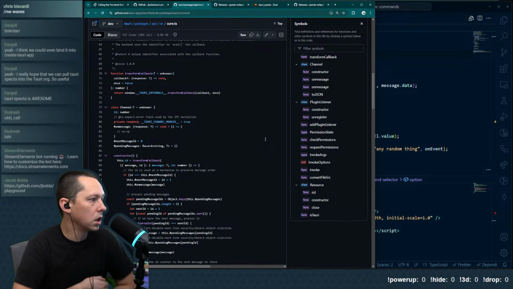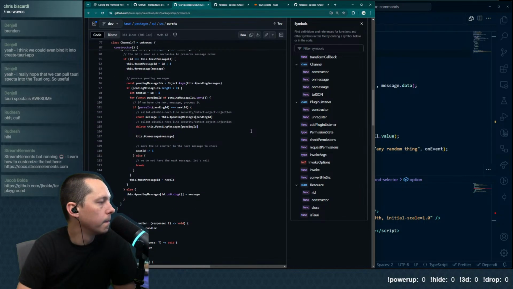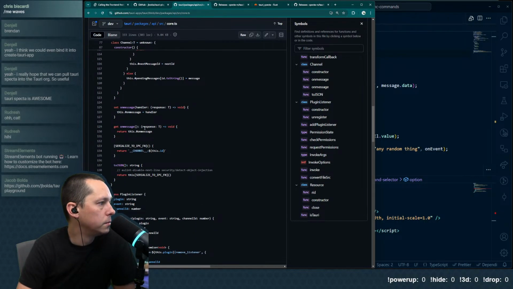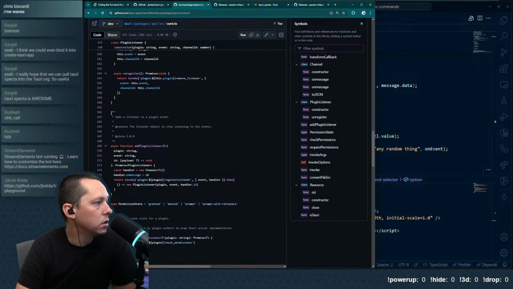A channel is a class with a constructor. And we've got an onMessage getter and setter, a serialized IPC function, and a plugin listener: add plugin listener adds a listener to a plugin event, and returns the listener object.